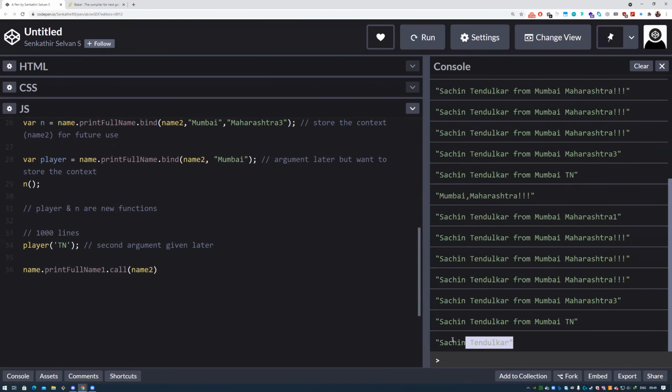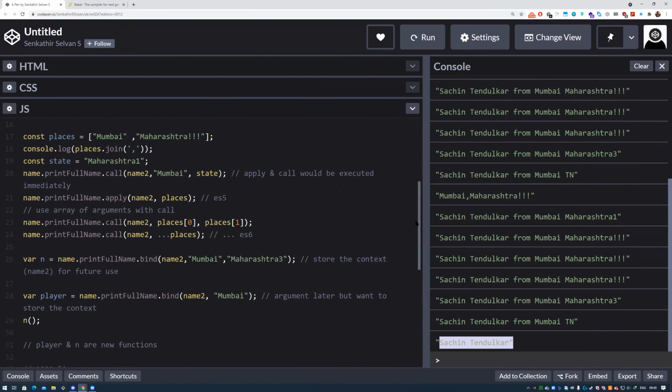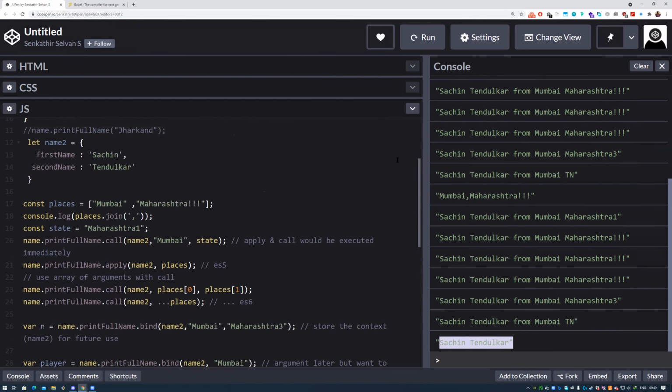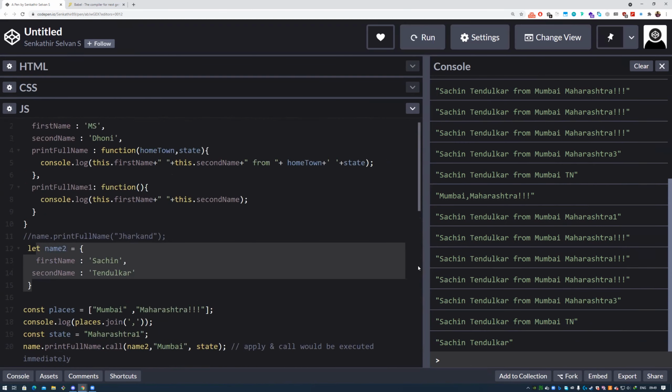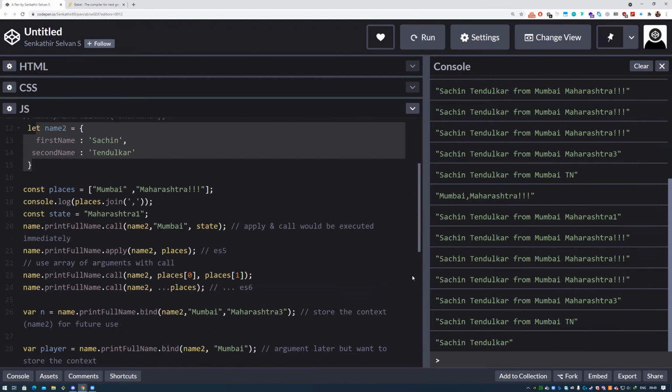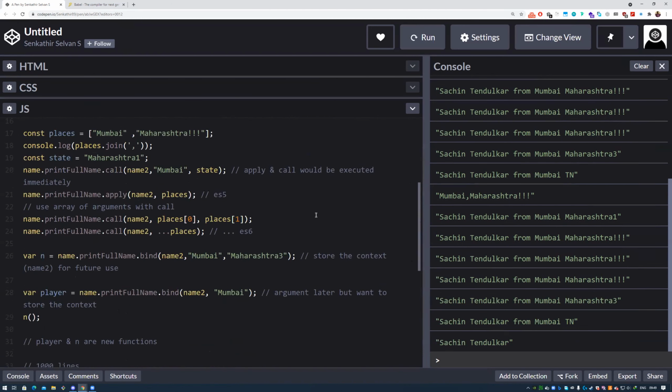I'm getting Sachin Tendulkar, right? Because name 2 is Sachin Tendulkar and name 1 is MS Dhoni. So I can use no arguments, with arguments, anything you can do.